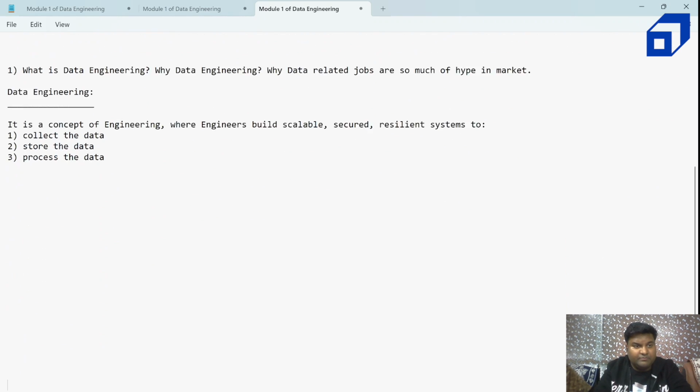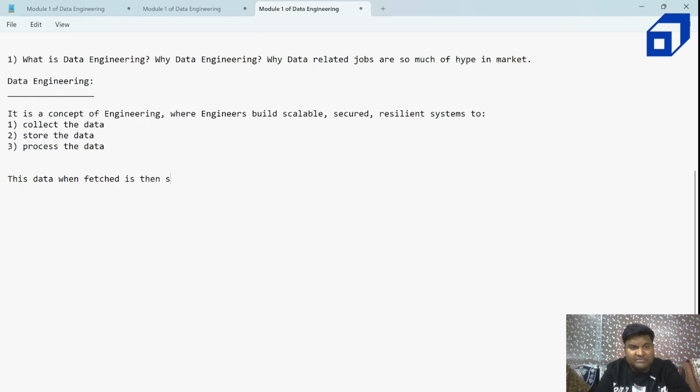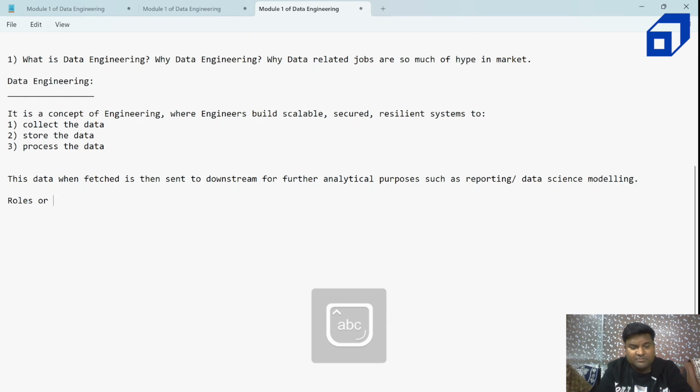So this data, when fetched, is then sent downstream for further analytical purposes, such as reporting or data science modeling, right? We'll also talk about the roles and responsibilities